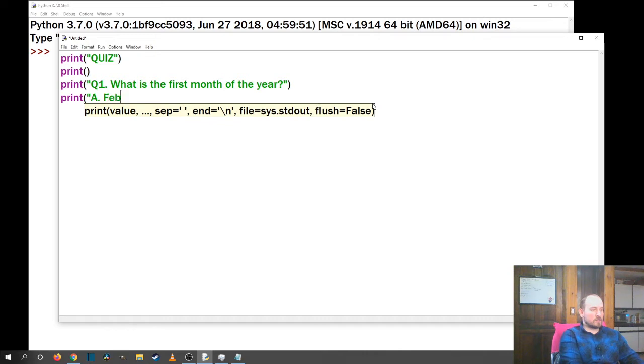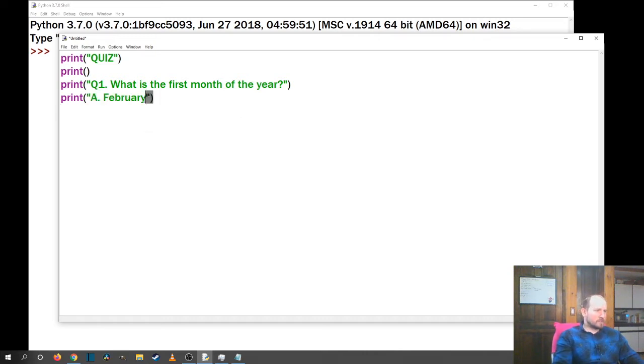A, February. And I'm going to get really lazy. I'm going to copy this, paste it, so I can change these to B, C, and D. January, April, and let's see, I don't know, June. All right. So we know the answer is B, but what I'm going to do is print